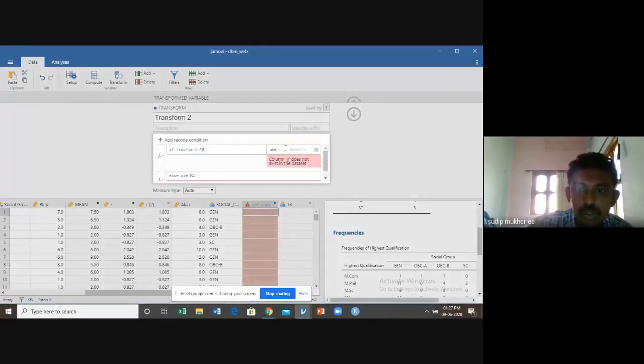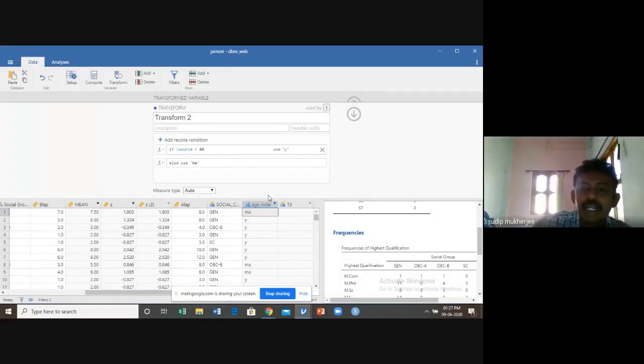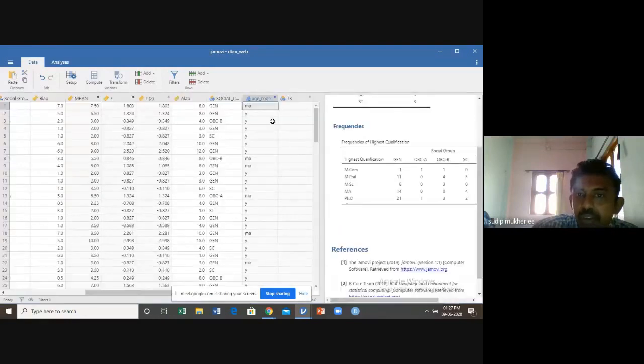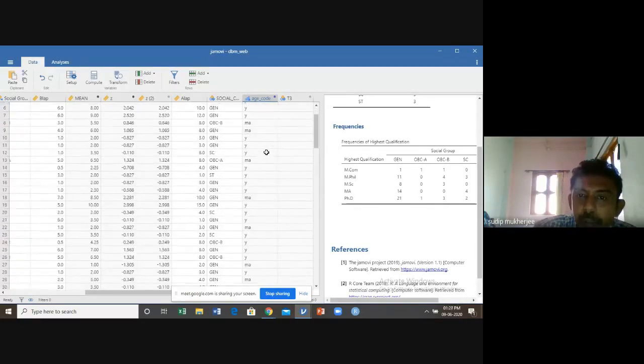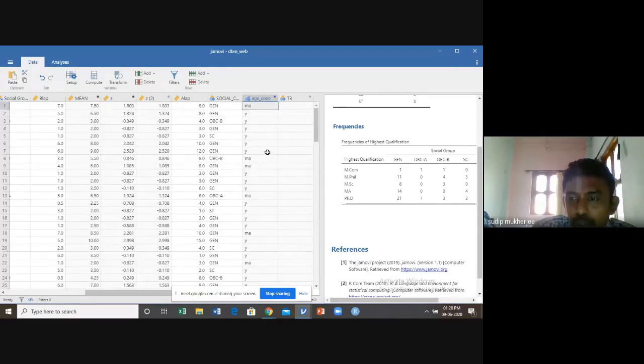Sorry, transform 2. Just write y in single quote and click outside. Automatically, you see the new transform variable appears. This is the age code. So the age below 40 is termed as young and above 40 termed as middle age.